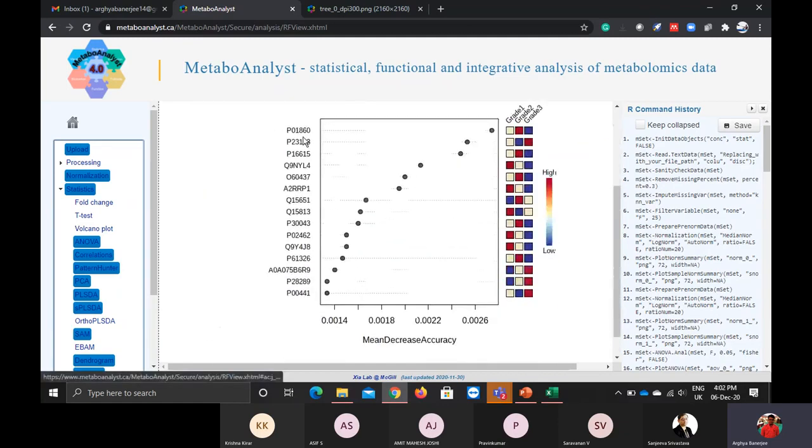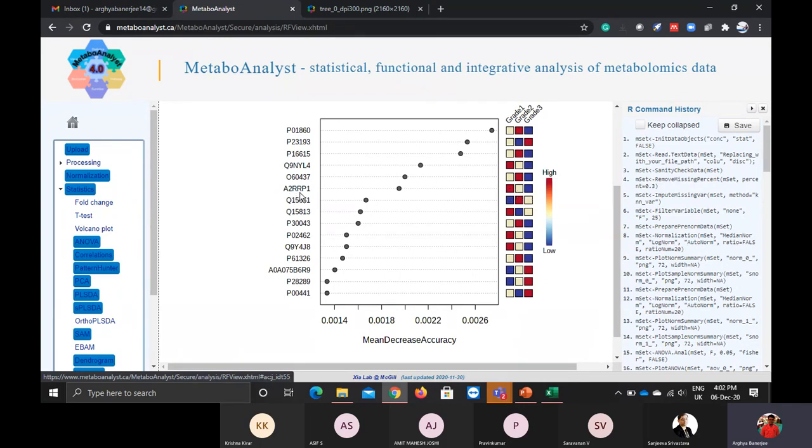So these are the top 10 features which you want to explore, on the basis of their mean decrease accuracy. Red is the highest one and the blue is the lowest one. You can see grade 1, grade 2, grade 3. These are the distributions on the basis of the color. Here you can see the red is high. So suppose this is expressed highly in grade 1 as compared to grade 2 as compared to grade 3. Grade 3 it is lowest.